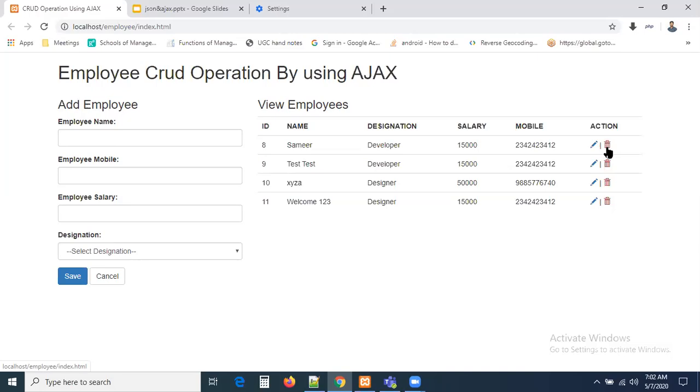And moreover, while deleting the record, I need some confirmation. What is that confirmation? Do you want to delete? So, okay, delete. And if you say no or cancel, just keep the same record. Don't delete it, guys. Right. So let us fire an event on this delete button. On click, I have to delete the record.